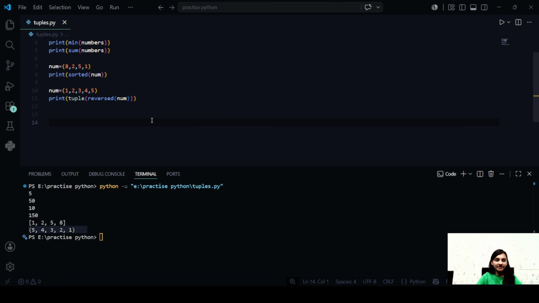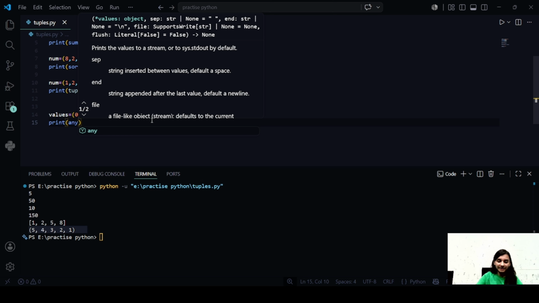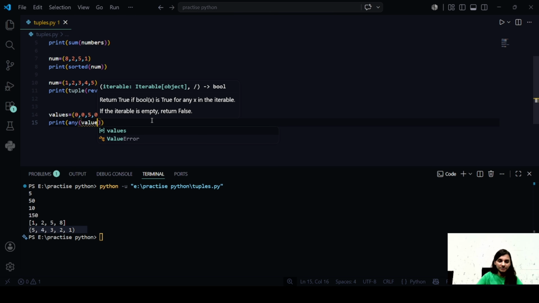Next we have any. So supposing we take a tuple values and take some values in it. Let us try to print any of the tuple values.